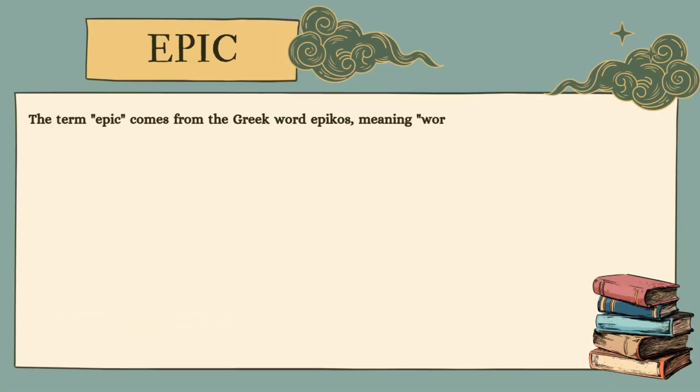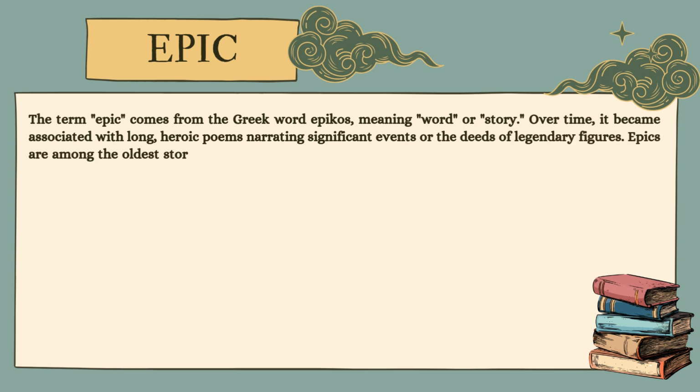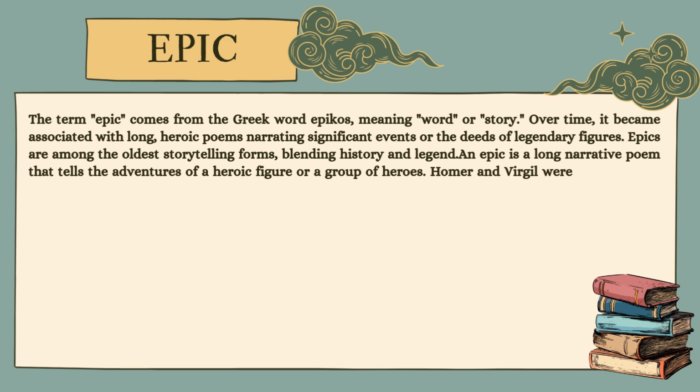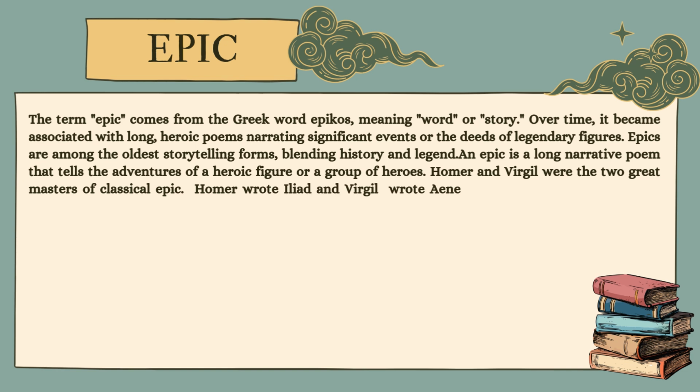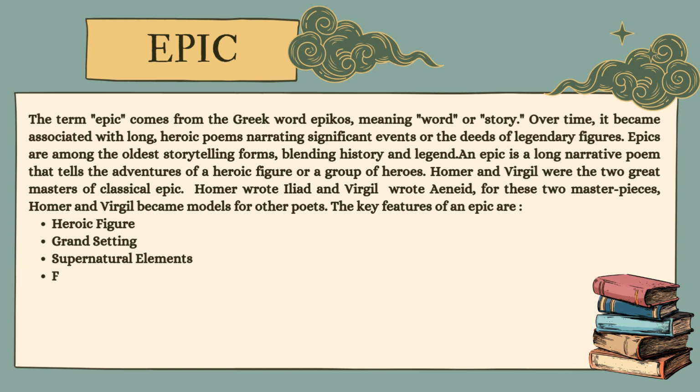The term epic comes from the Greek word epikos, meaning word or story. It refers to long heroic poems that narrate significant events or the deeds of legendary figures, blending history with legends. Homer and Virgil are the masters of epic poetry, with Homer's Iliad and Virgil's Aeneid setting the standard for others. Key features of an epic include a heroic subject matter, heroic figure, grand setting, supernatural elements, formal style and